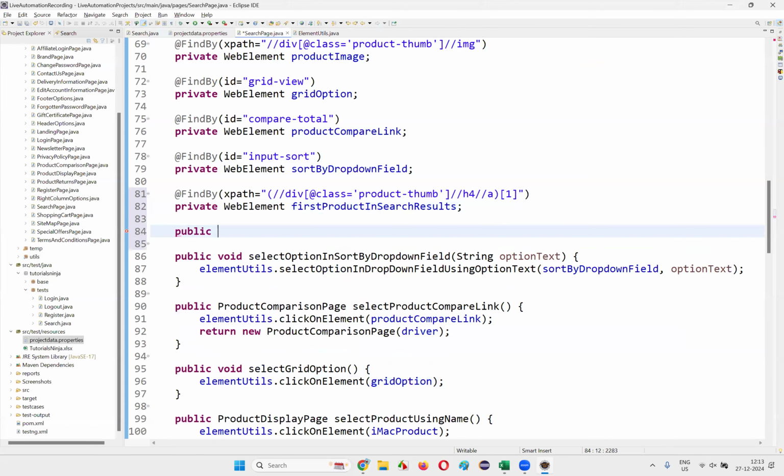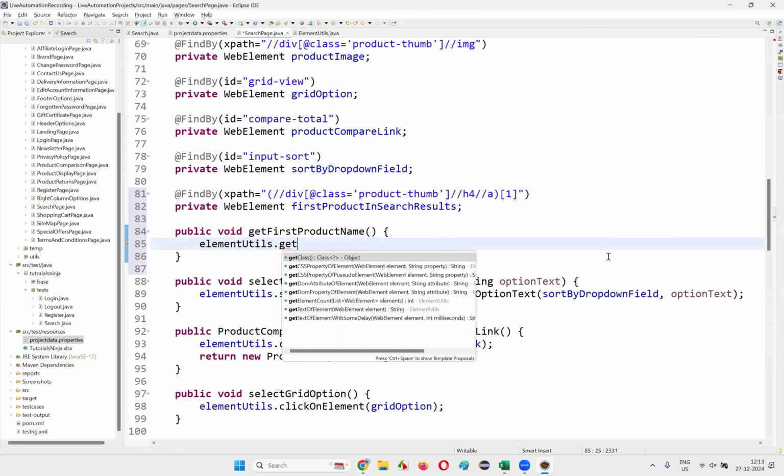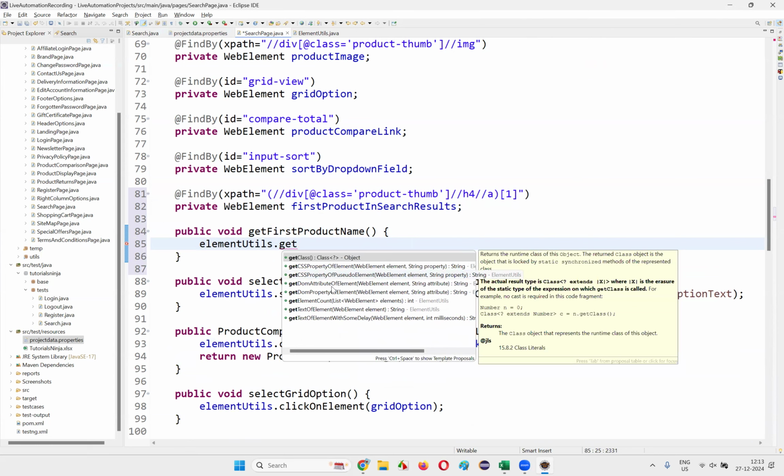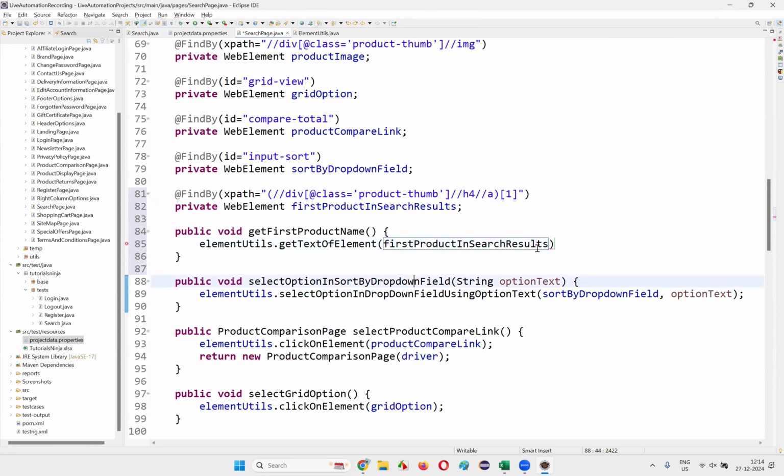Then here I'll write public void getFirstProductName, and here I'll write ElementUtils.getTextOfElement, and here firstProductInSearchResults, put a semicolon and simply say return, and the return type is String. Okay, that's it. Then similarly,